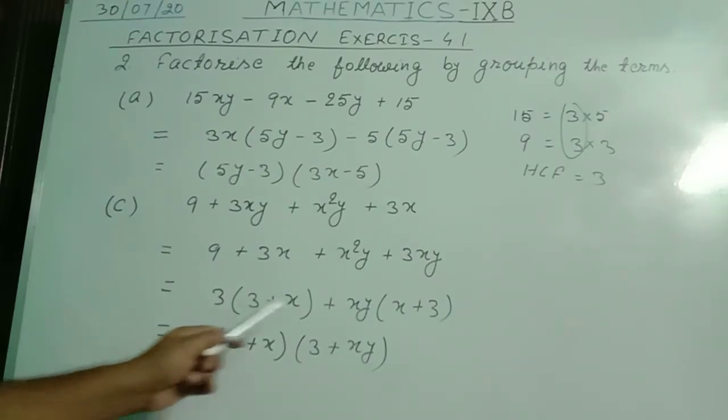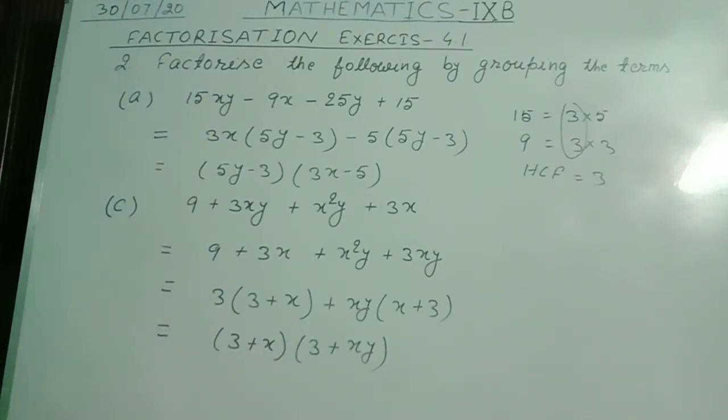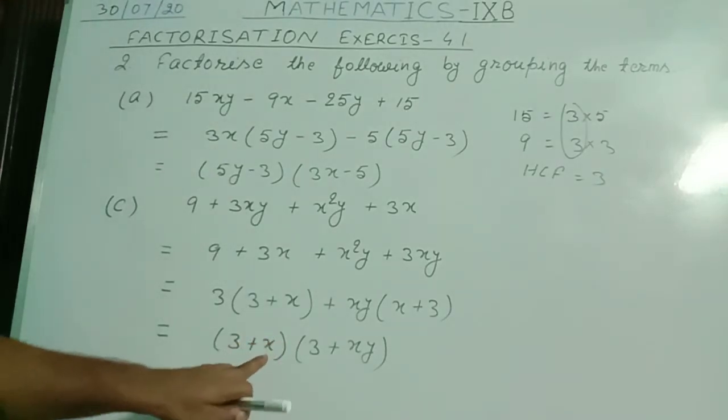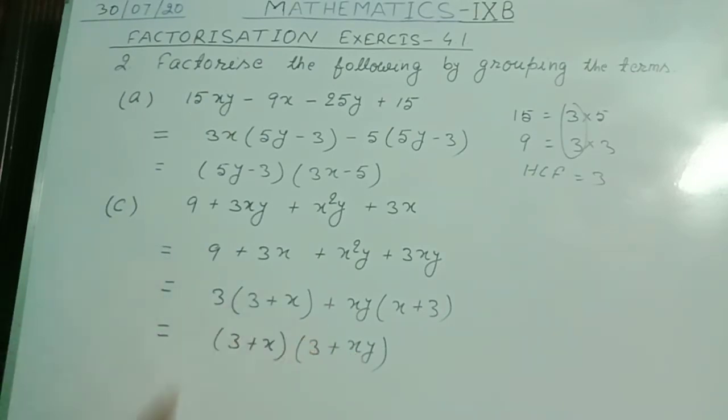What is left? 3 plus xy, 3 plus xy. You can write xy plus 3 also. Because there is positive sign, so in positive sign we can interchange the place. This will come at this place, this can go at that place. Xy may come at this place, 3 may go at that place. We can interchange. But the answer will be written in the different form. The terms will match. Suppose in the answer you will get x plus 3 into x plus y plus xy plus 3. So that is also correct, and this form is also correct.